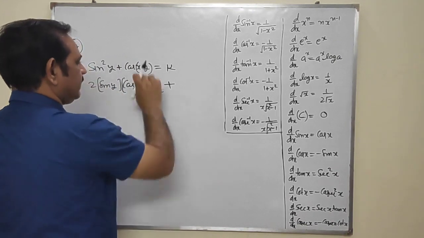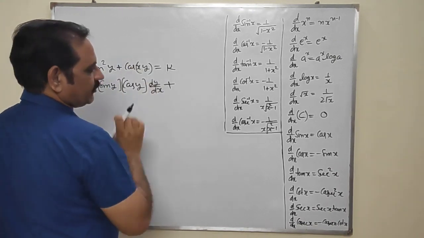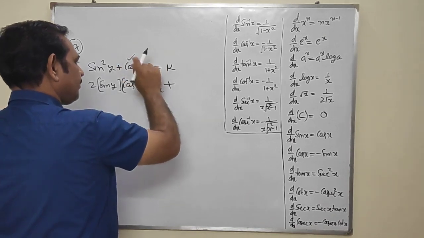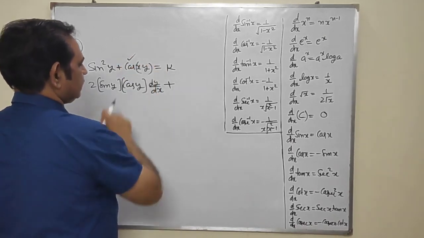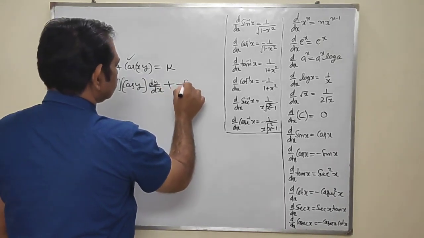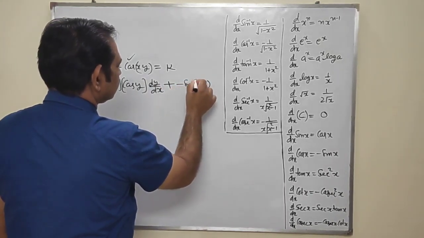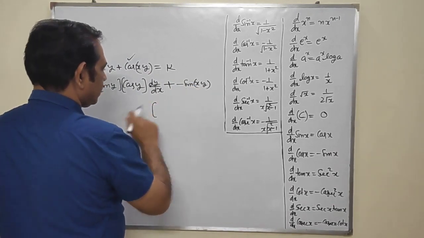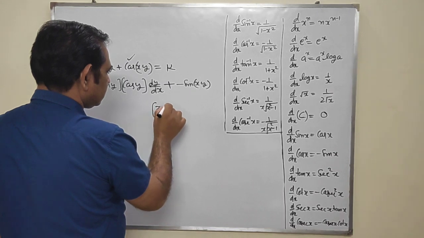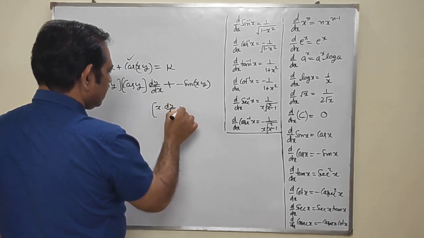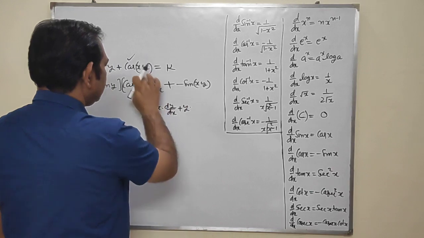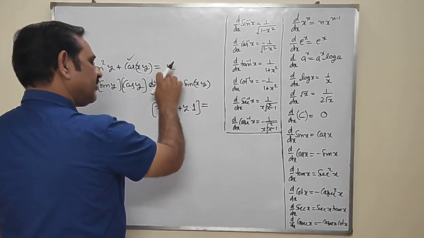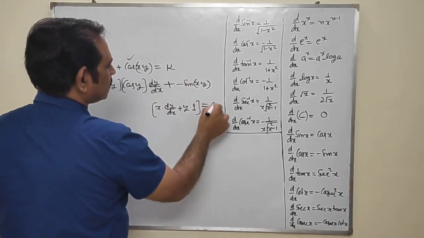differentiation of cos xy. This xy is working as the angle of cos. So differentiation of cos first, then we will apply the product rule inside the bracket. So minus sine xy. Now we have to do the differentiation of x into y by product rule. So x is the first function, dy by dx is the second function, plus y will be the second function, and differentiation of x was 1. And k, differentiation of k was 0 because it is a constant term.